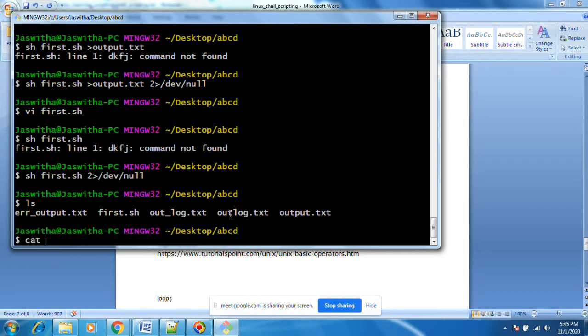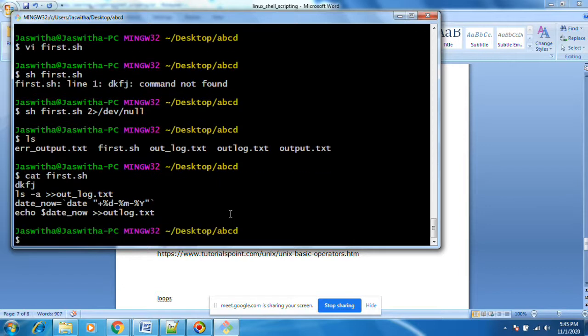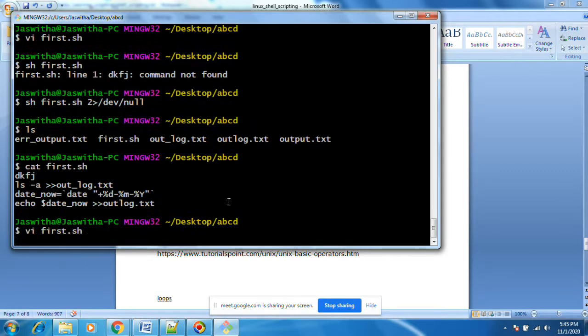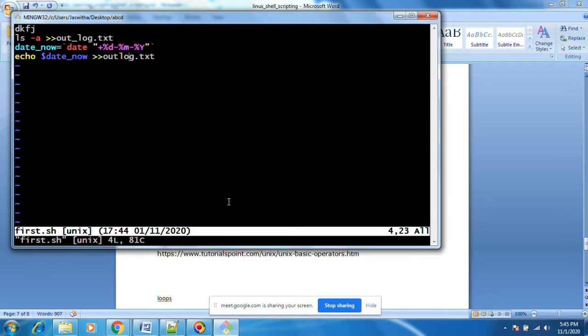cat out underscore log. I want to print only one log file, not all log files.